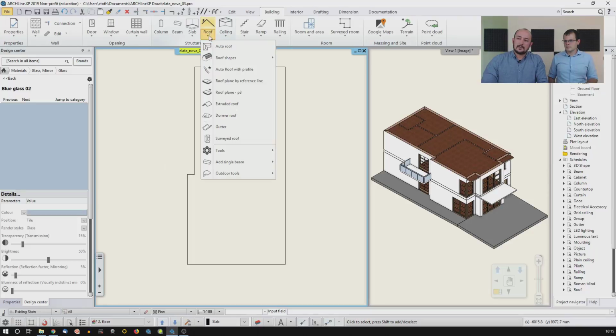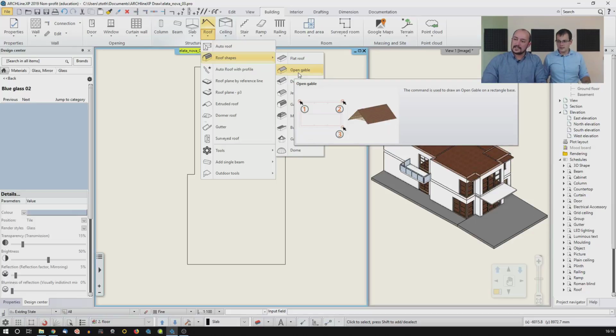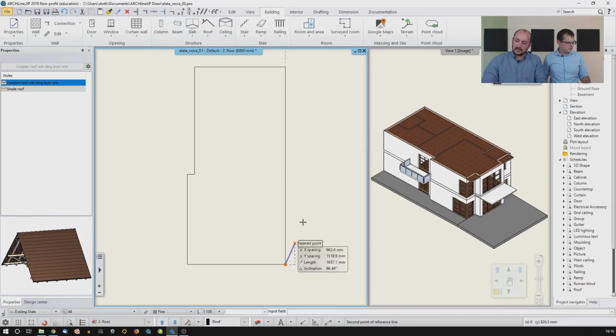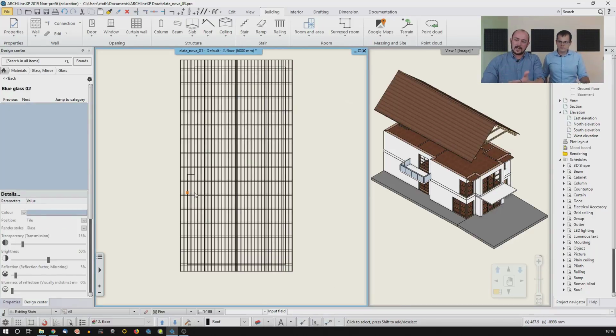The roof comes with several roof shapes, with several options, with several possibilities. Now, actually, if this roof would be something else, I could, for example, design an open gable. In that case, I just design an open gable along this length with this width, and then the software designs this with a specific height. We will customize that. But before I do that,